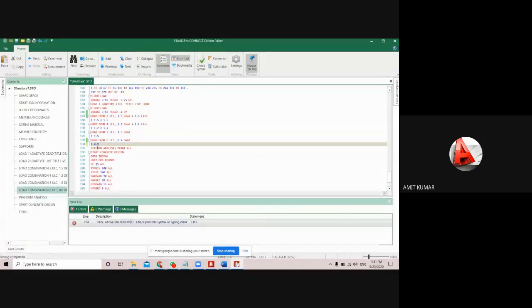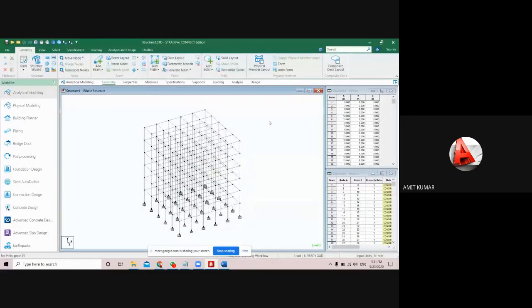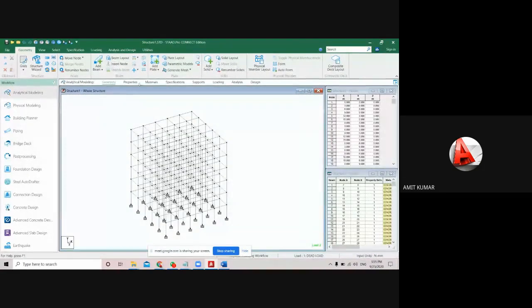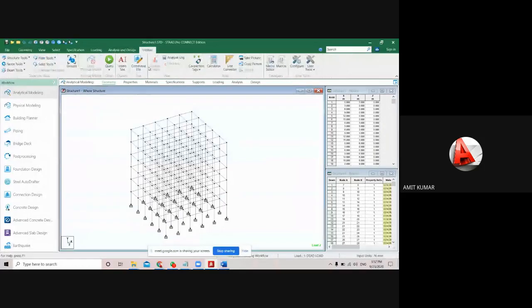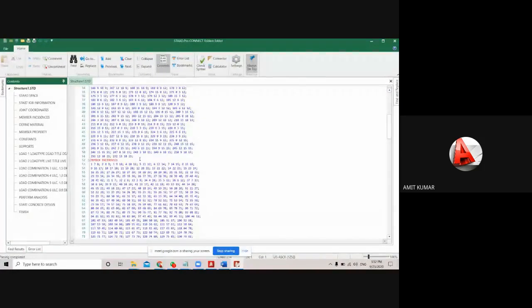Okay. Let me press Control S and just close them. So that was your command file. From the command file, you can create the structure also. Like, I want to create one more node.